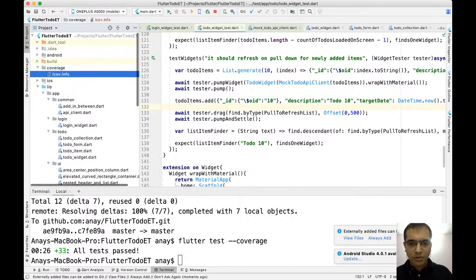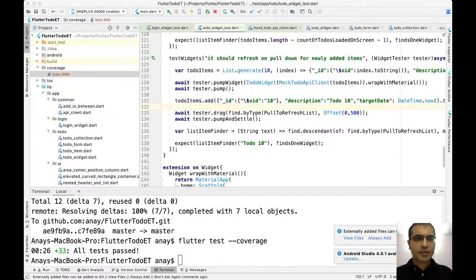Now, what I need to do in order to run this is I'm using a tool called Gen HTML. Let's give it a try.